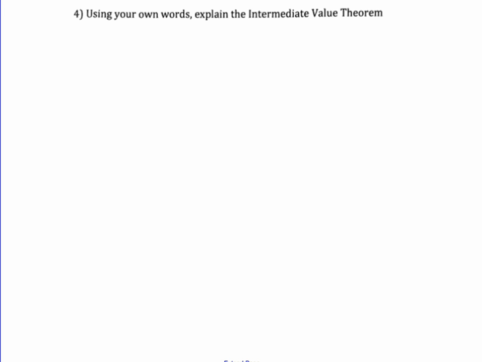All right, so here we are on page 4, number 4. Using your own words, explain the intermediate value theorem. So here's what the intermediate value theorem is. Essentially, it says, if our graph is continuous between 2 points, then